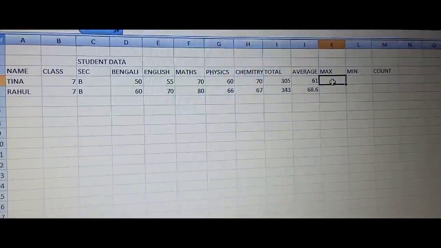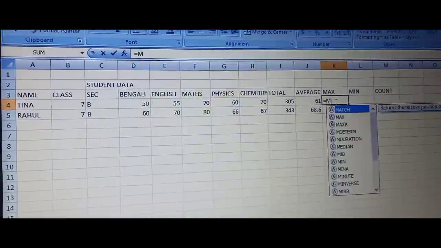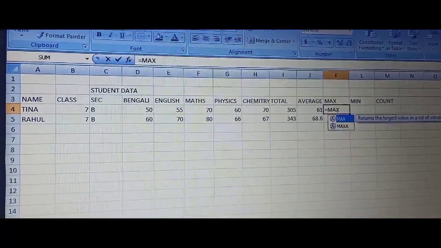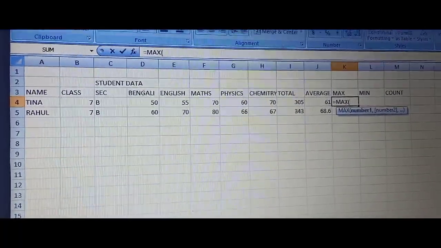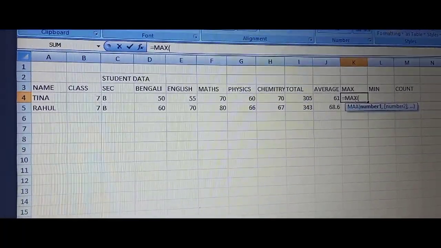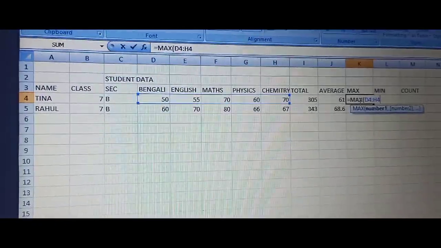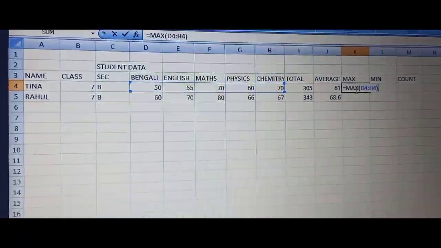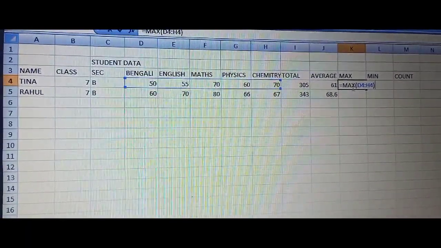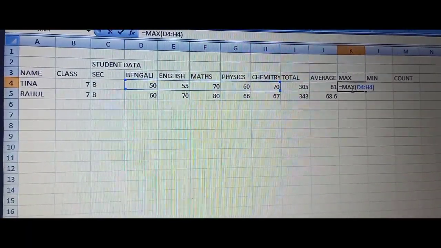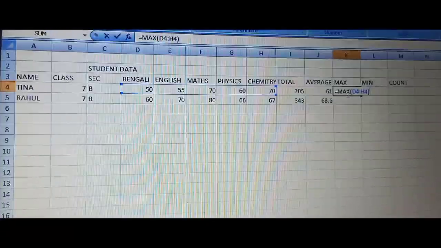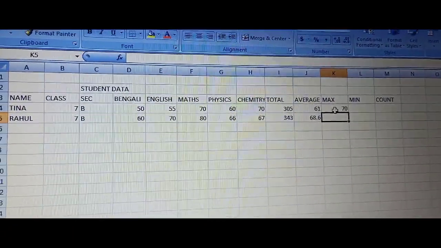Very easy. Again equals to, you have to write max, then inside the bracket again the same thing, D4 to H4. So here the maximum number is 70, so I guess 70 will appear, 70.